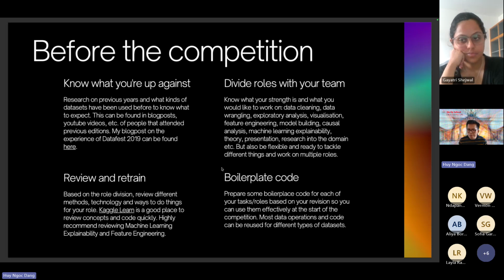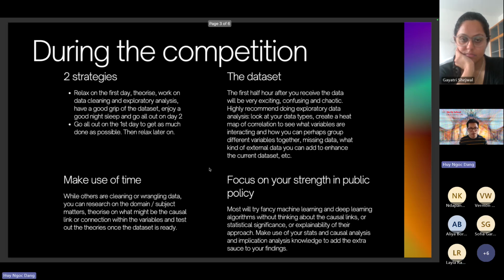Having these prepared beforehand really helps to calm you down when you are in the competition itself, because as I mentioned before, it's 3 days and it's very stressful. So having something prepared that you can follow, and a framework that the team is happy with, is very crucial to keep you on track and also confident, and not panicked, and not having last minute changes and things.